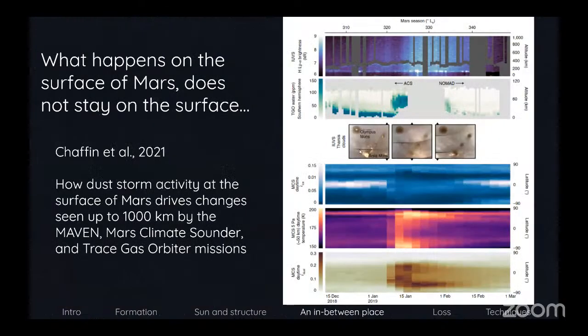So here on the left, you can see there are little clouds, these bright areas on top of the volcanoes, but as it gets warmer, those go away because they are sublimating into vapor. Then that vapor we can see with this panel here, which is from the Trace Gas Orbiter European mission. So darker colors equals more water vapor.